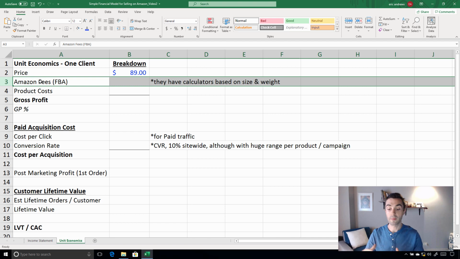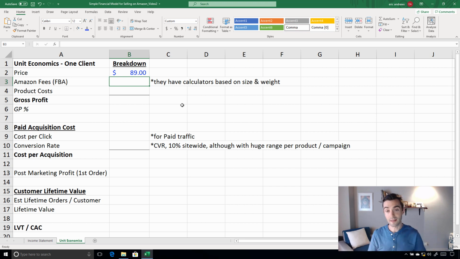And FBA means that you ship Amazon your products. They're all boxed up already, but then they distribute them in warehouses throughout the US or whatever country they're in, so that they're closer to all of the population. So when someone makes an order, they can get the package to their house within a day. And then they do all the fulfillment, so you don't have to pay a shipping company. Amazon does everything. It depends on the weight and the size and all this different stuff, but they're charging like 20 to 25% of revenue-ish. That's what a lot of people find